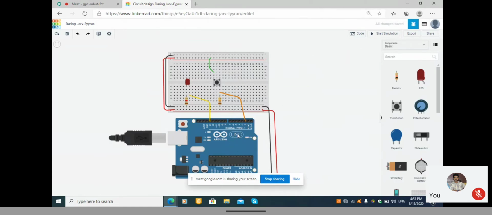I have connected the Arduino with the LED, and I have connected all of these circuits with the breadboard: Arduino, resistors, and LED.